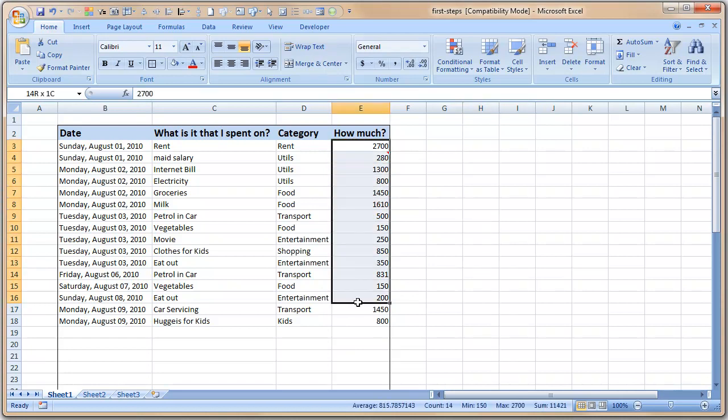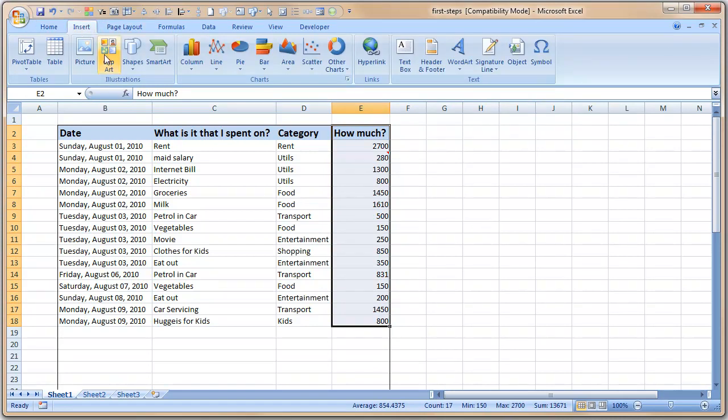So let us select these numbers. Maybe you can select the how much as well. Select all these. Go to insert. This is where you would find options to insert a chart, and then select the type of chart you want to insert. Before jumping into any random chart, I think you should understand the first thing that you need to